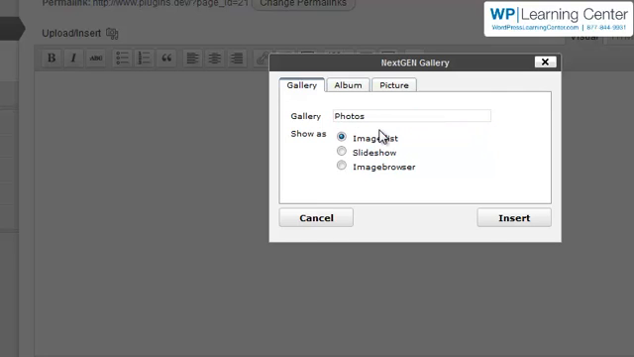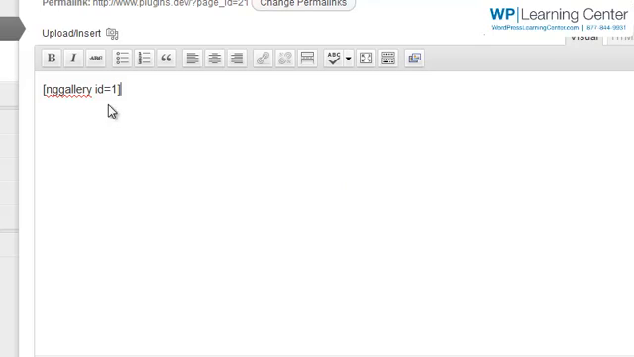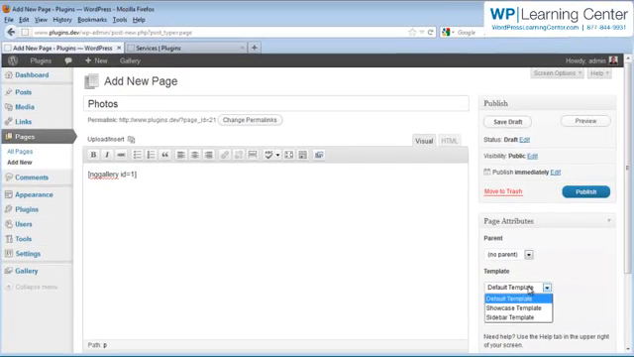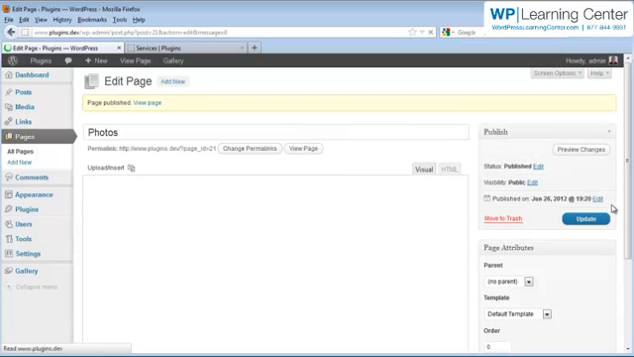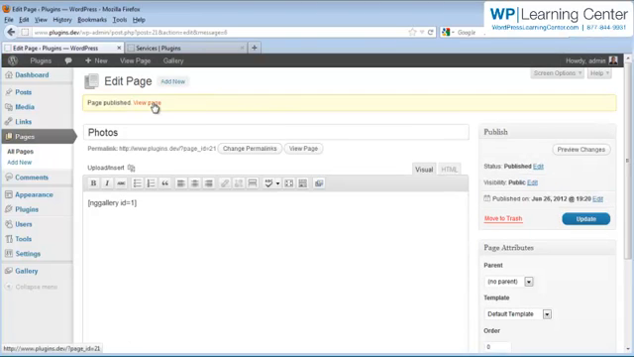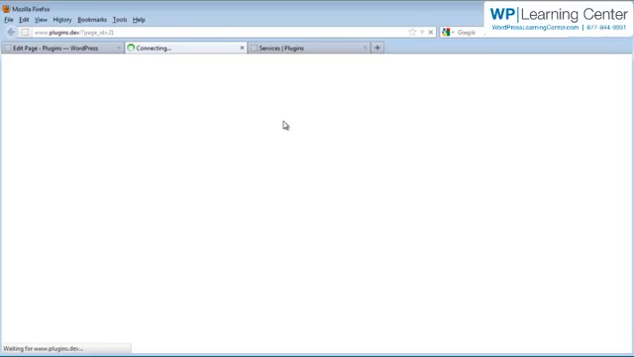So we're going to click on Photos. And I want to show an image list. I just want to keep it nice and simple. So this is the shortcode for it. And we're going to go ahead and leave this on the default, which is going to have no sidebar. And then we're going to publish this out. And now when we look at this page,